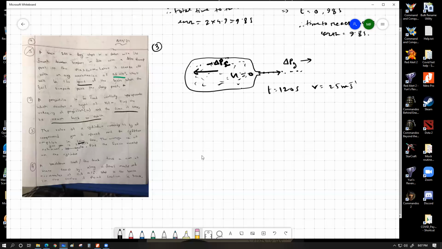The momentum change of the exhaust gas would be exactly equal to the momentum change of the cylinder, which will happen over a duration of a total of 2 minutes. So what I'm going to write is like this. I'm doing the math, you watch, and if you don't understand further, I will definitely answer questions. So I'm going to write this: change of momentum of the cylinder equals the negative change of momentum of the gas,